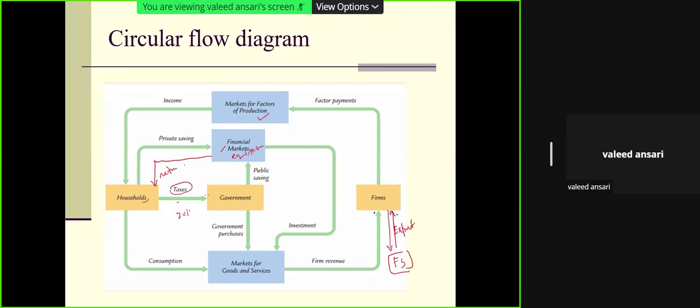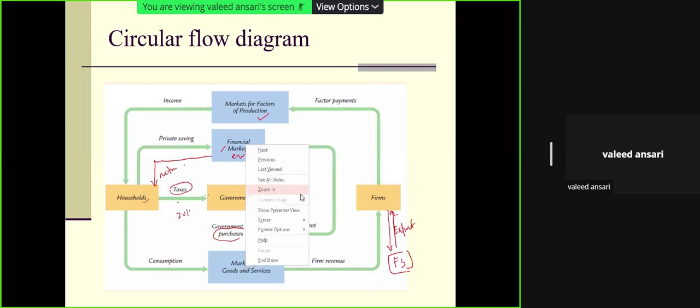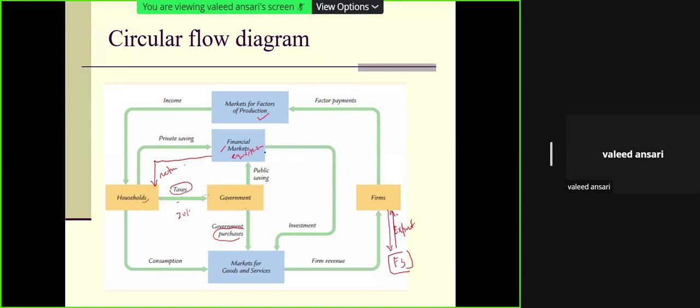So that is why you see that all these are linkages available here, and for example government is there. Government also makes purchases, expenditure, for goods and services. Now you can understand the financial market, the market for factors, that is the labor market, broadly speaking. Labor, do not think of only physical labor. Government is there, firm, household, firm. These are the main ones, and we have not introduced the rest here.